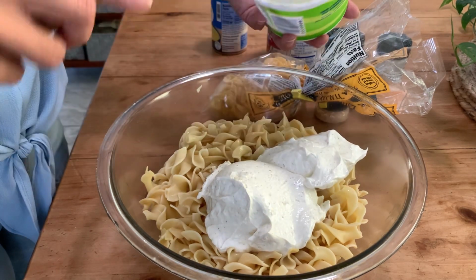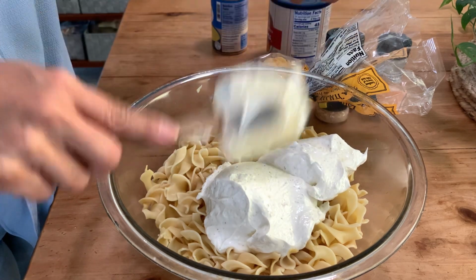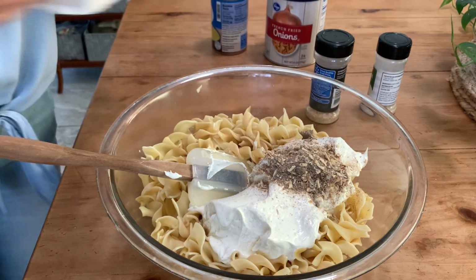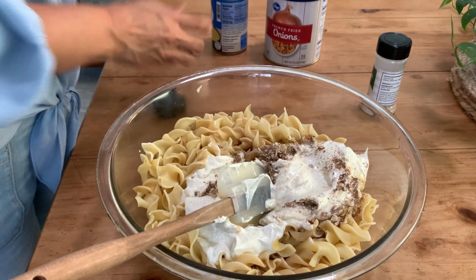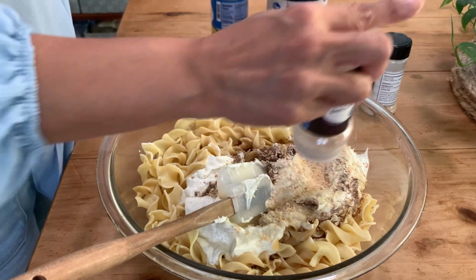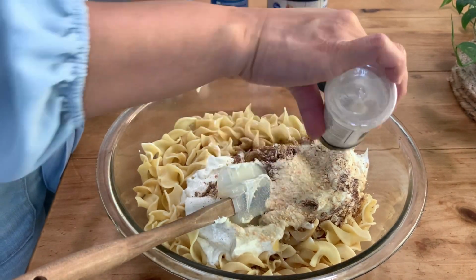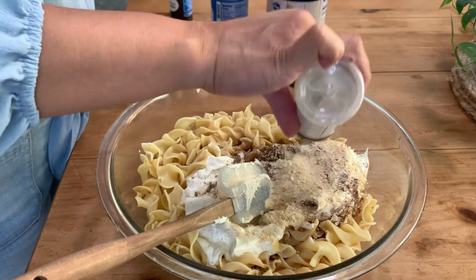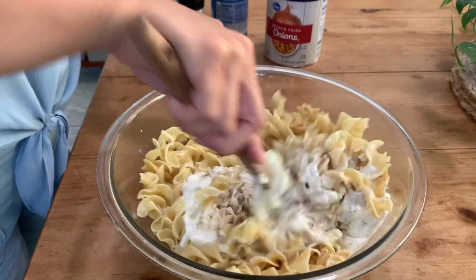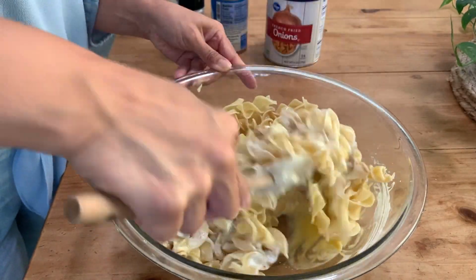We've got some cream of chicken condensed soup mix down at the bottom, adding some egg noodles as well as some French onion dip. Then I've got a slightly more than half a packet of onion soup mix. So I am supplementing here with some minced dried onion and some onion powder. I'm going to mix that up really well, so combine everything, and then I normally would add some French fried